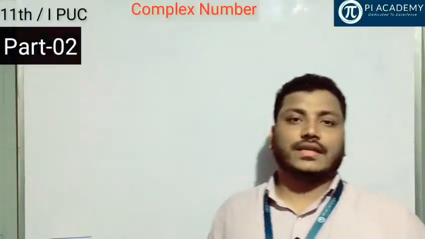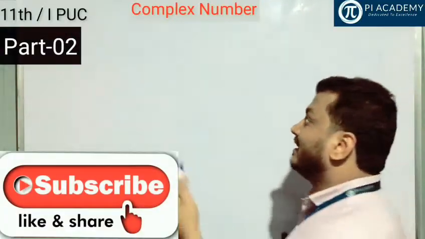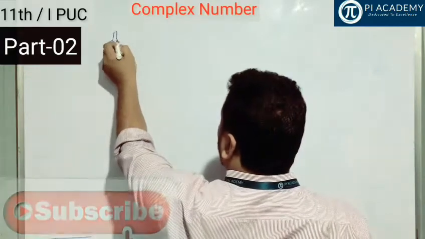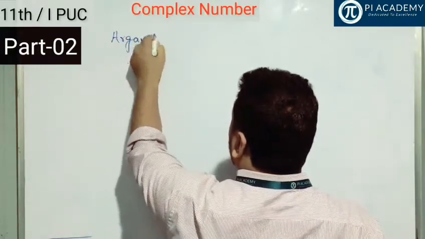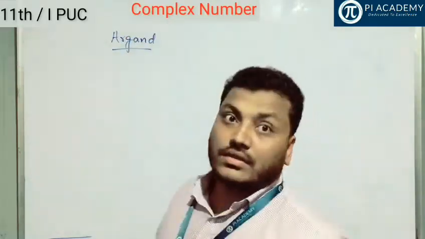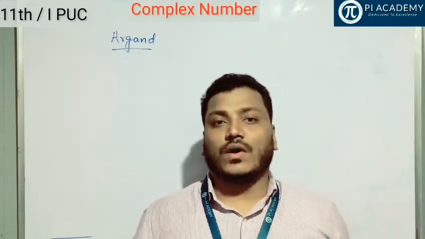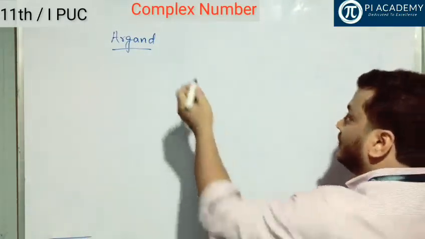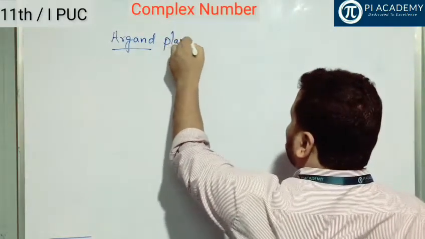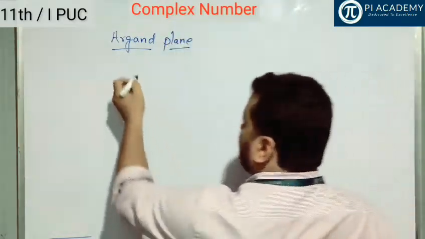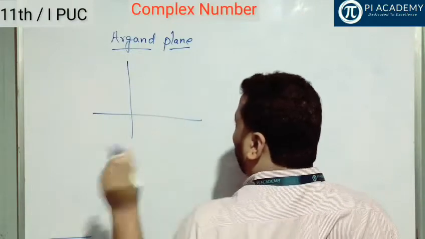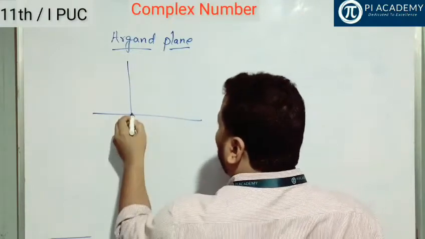So now the one more thing in complex numbers is called the Argand plane and the polar representation. The Argand plane is nothing but your normal 2D representation of data, like x-axis and y-axis. That is the Argand plane, and we'll see the polar representation later on. The Argand plane is nothing but presenting the complex number on the x-axis and the y-axis.